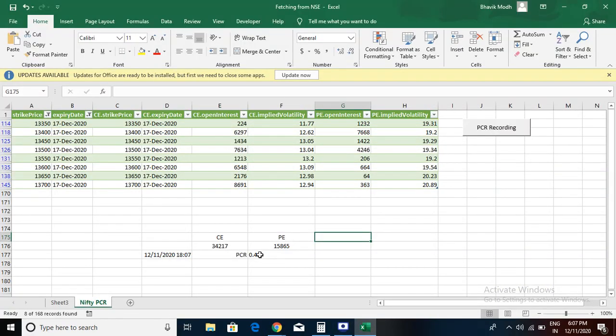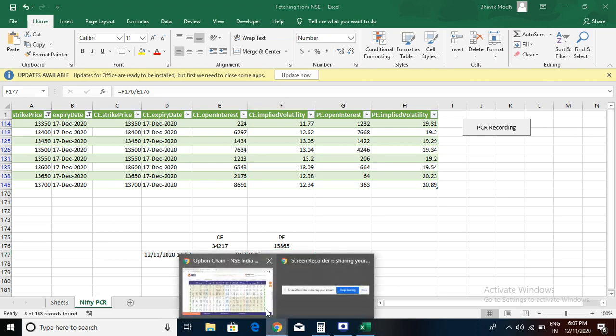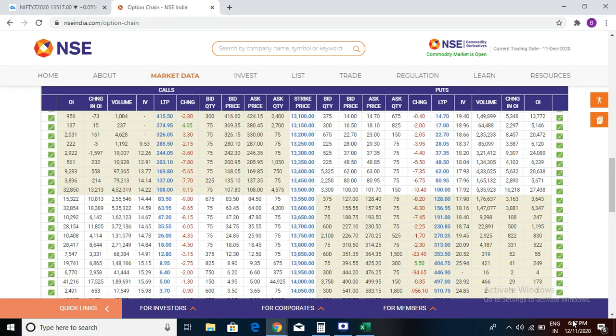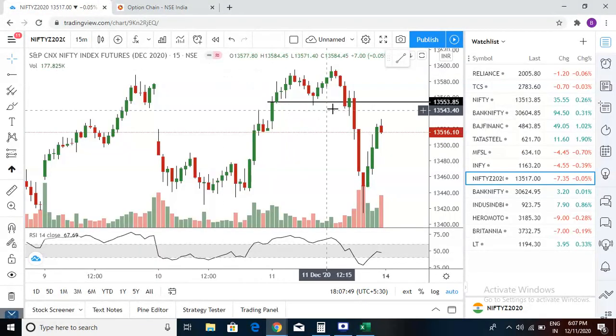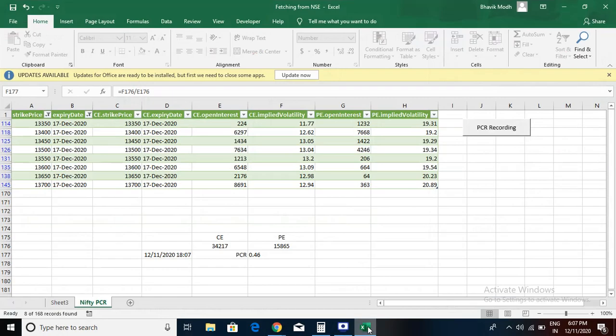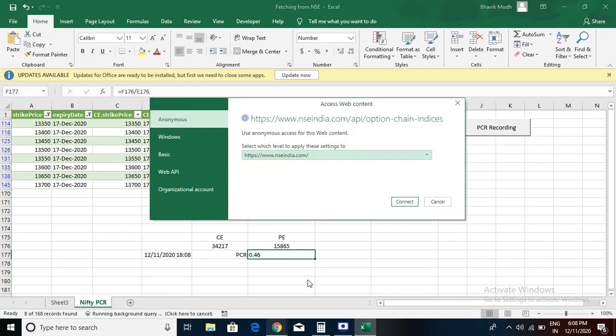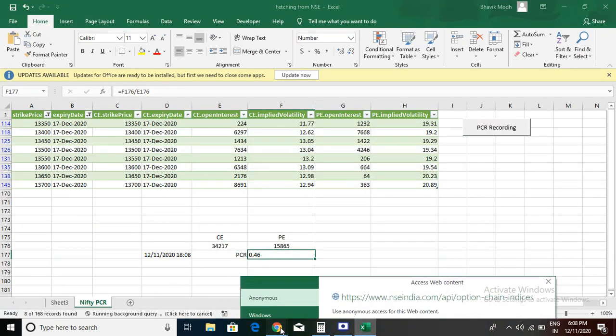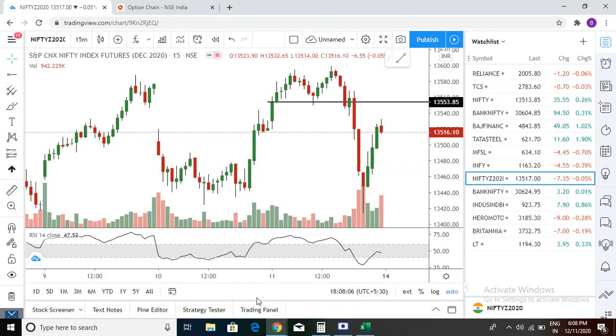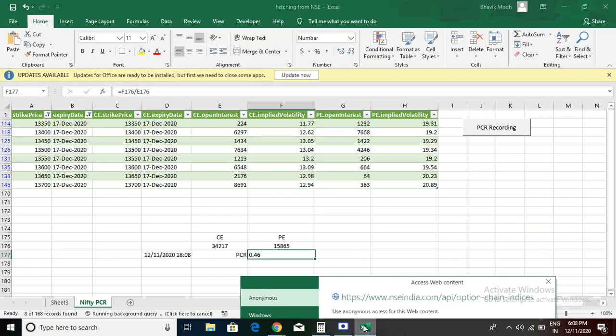Okay, see here PCR is 0.46, which means totally bearish movement. See, the market is closed already. Anyone can tell after the market closed that this happened, that happened. But I will suggest you do this and try it on paper for a few days. You can see the market already fell today. So PCR reacted first. PCR will react, but it will not move much, like from 1 directly to 0.46. It will come slowly, from 1 to 0.95, 0.93, 0.90. If it keeps going down like that, it means the bearish market is becoming more and more bearish. This thing you have to look at closely.